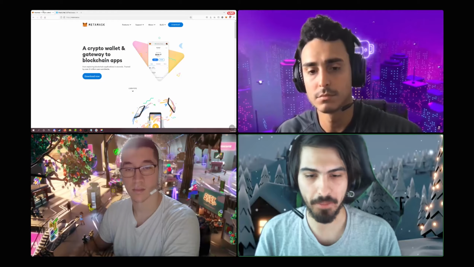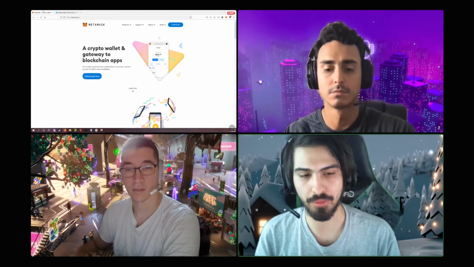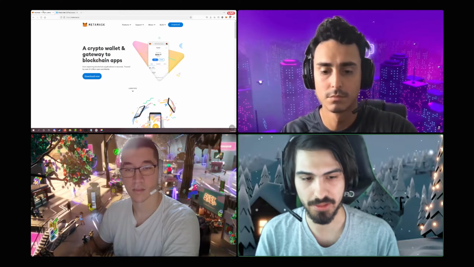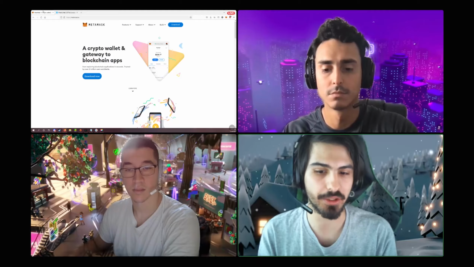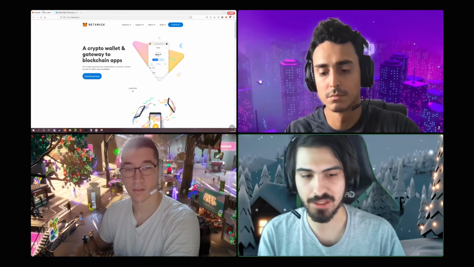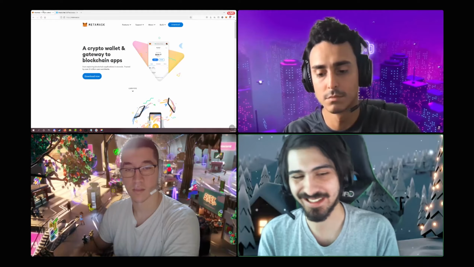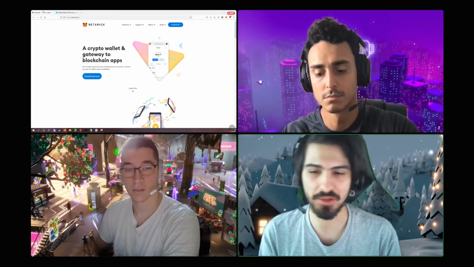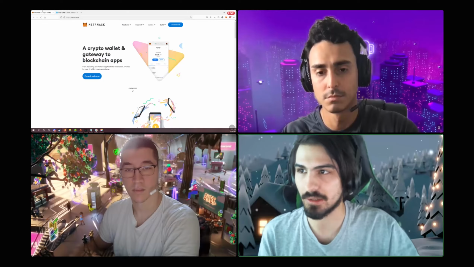So, MetaMask and Trust Wallet both use Web3. It's a developmental phase, it's still in production. There's a lot of things still happening with it. Yes, it is out in a small sense. You can see it here.